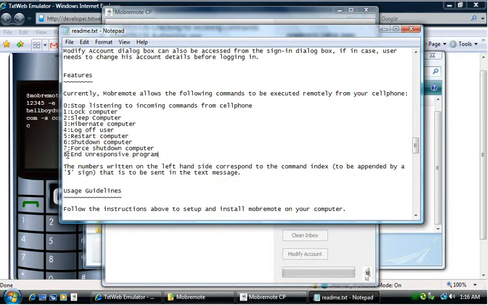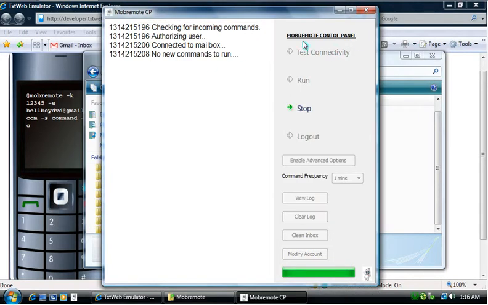If you send the $8, the dollar is required as a suffix to all these numbers. If you send this as an SMS and you leave the application running on your system, it will end those unresponsive programs it found. So this is about the supported commands right now.